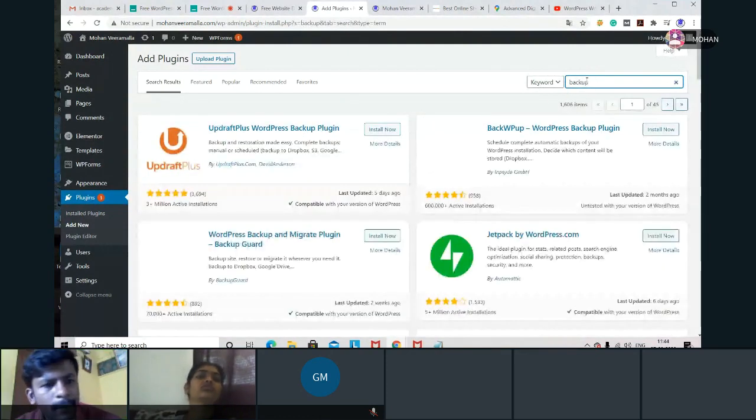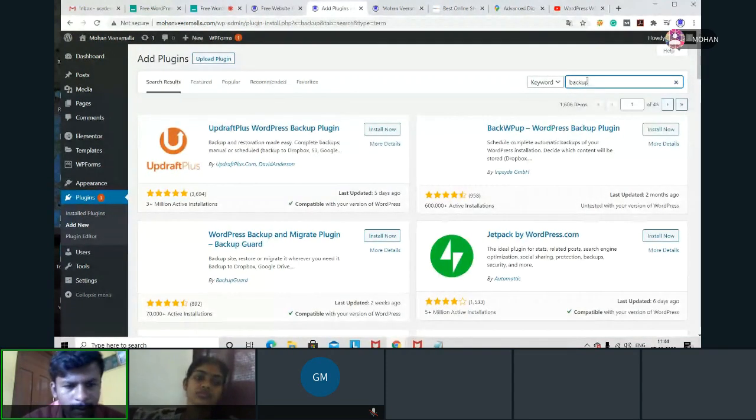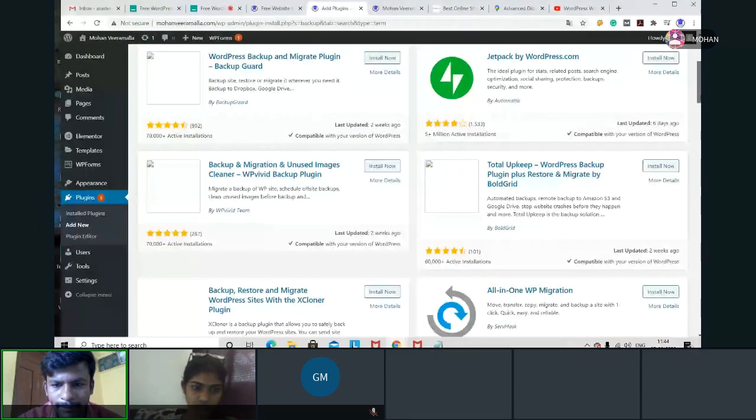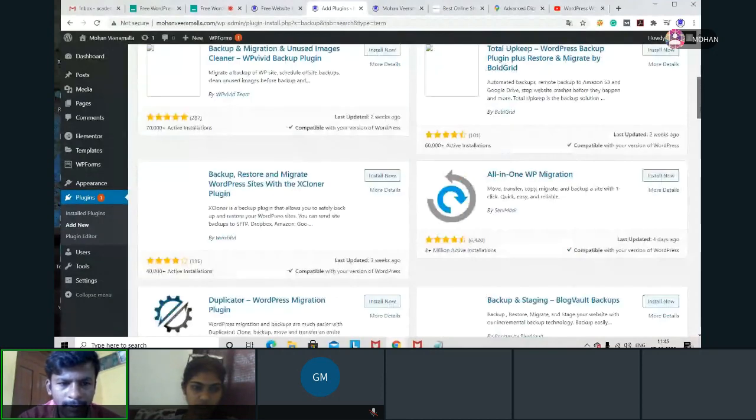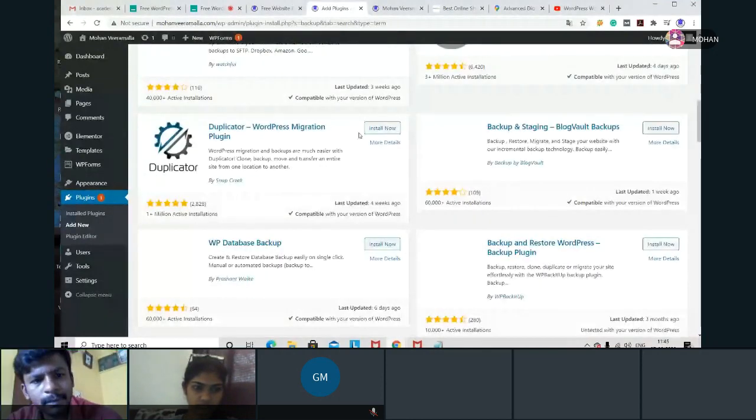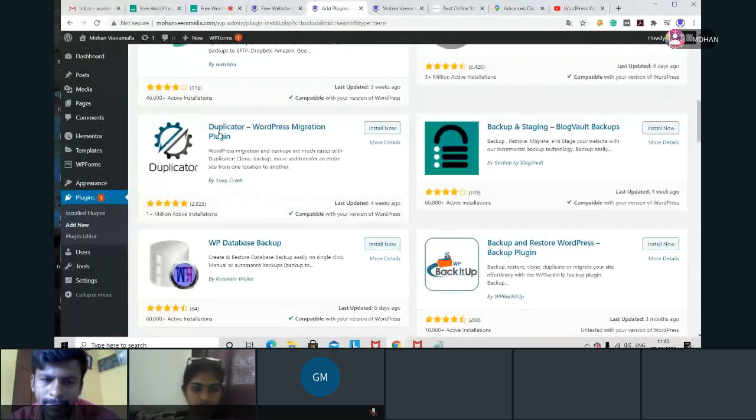Here, scroll down to analyze that plugin. So here we have something called Duplicator. Try to use this plugin. This plugin will be better.